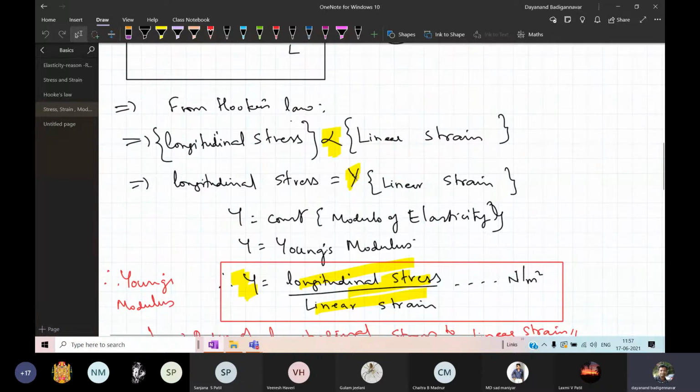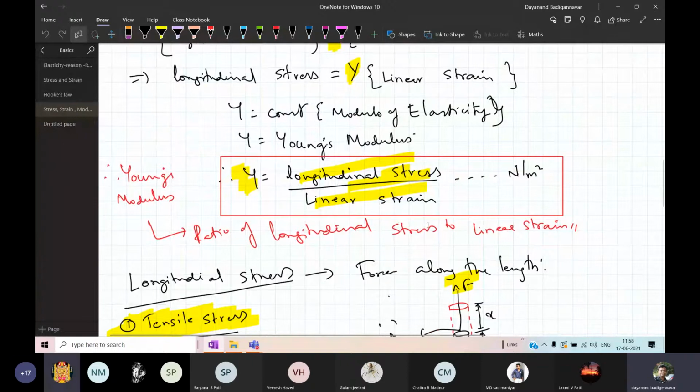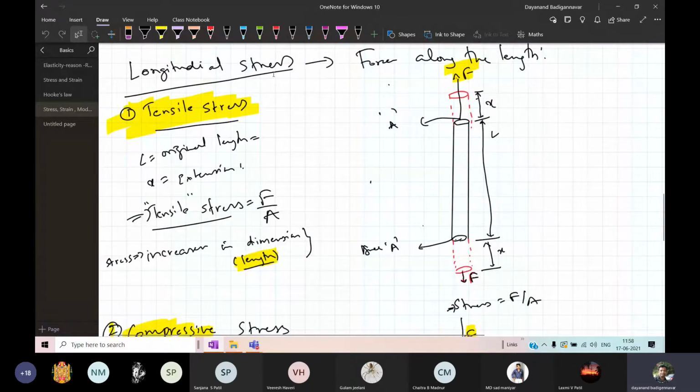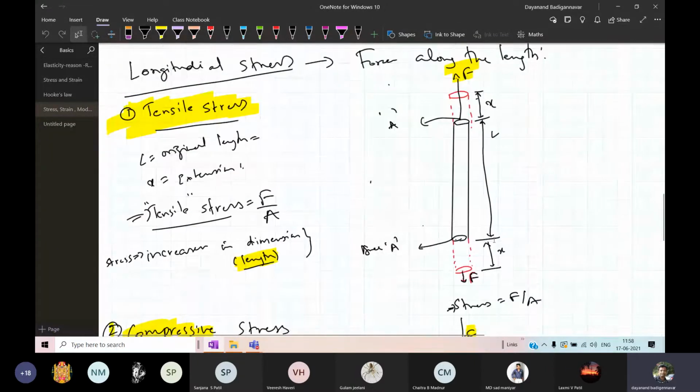Young's modulus is the ratio of longitudinal stress to linear strain. There are different types of longitudinal stress: tensile stress as well as compressive stress. Tensile stress means wherever there is an increase in the length of the wire. So there is an increase in the